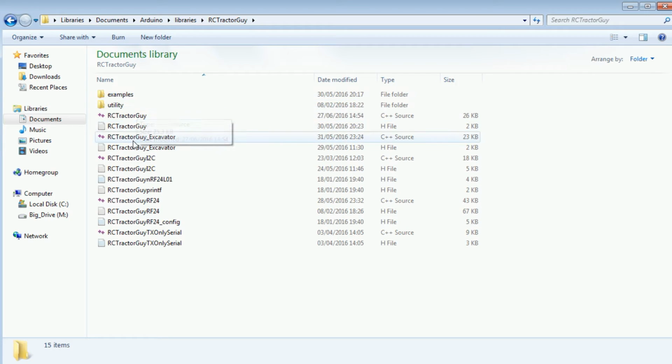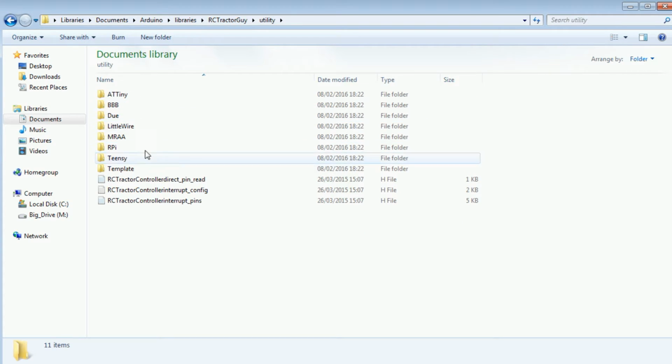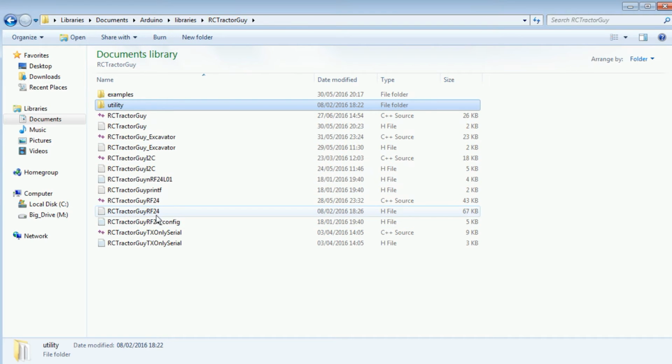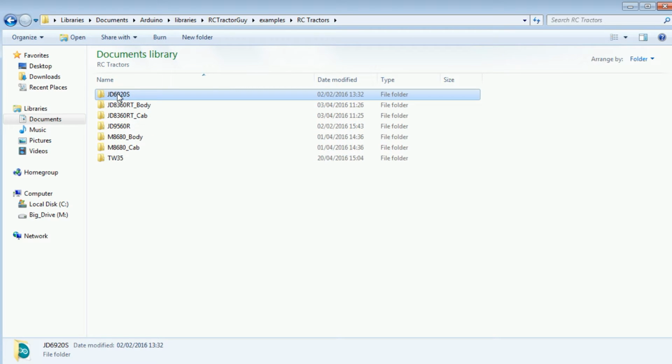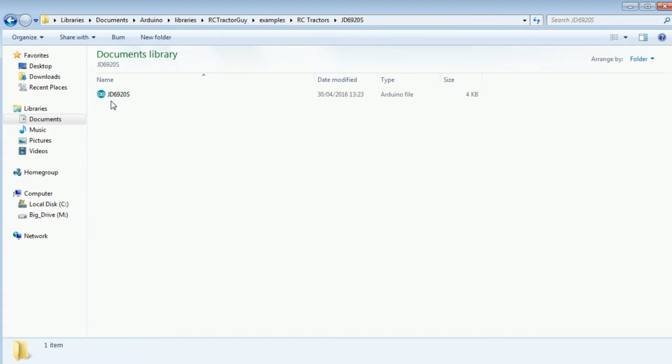So when you go in here, you'll see utilities, that's kind of left over from one of the libraries. I think it was from the RF24 library, so don't worry about that. But if you go into the examples, you'll see all the different folders for different types of vehicles. And if we go into one, you can see the different vehicles in the tractors. Go in there, and now we have the sketch. So if you open this sketch,